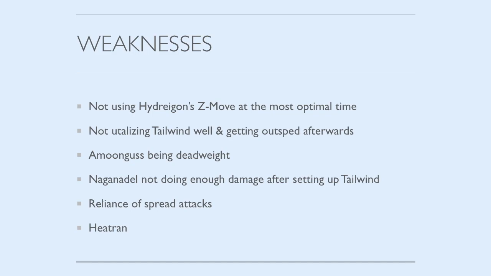Heatran is really good. It was really good in 2015, still really good nowadays. And so, if I had to adjust the team, I'd honestly reconsider the Gardevoir Amoonguss core. If anything specifically, I'd consider replacing Amoonguss, because the redirection is nice, but Amoonguss is a lot weaker than it was back in 2015, especially because, like I mentioned, the terrains. So I'd probably get rid of Amoonguss for another support Pokemon,